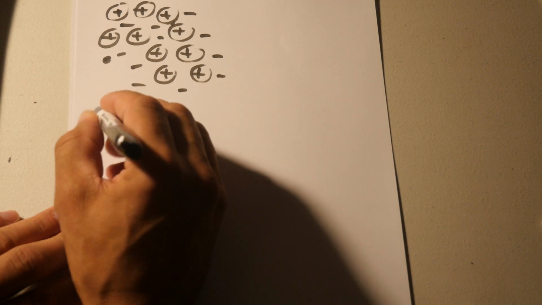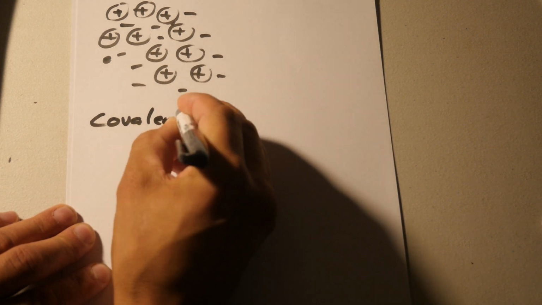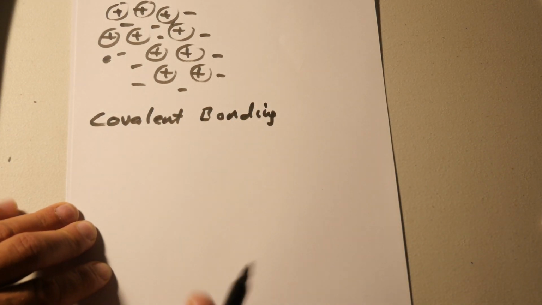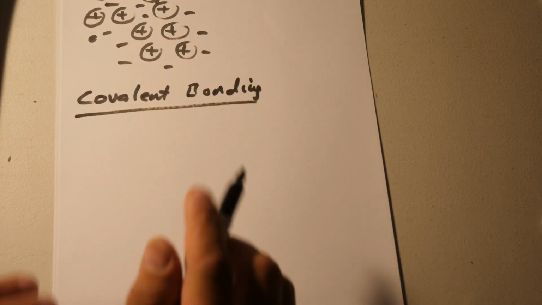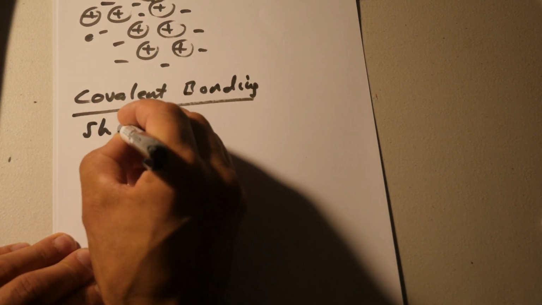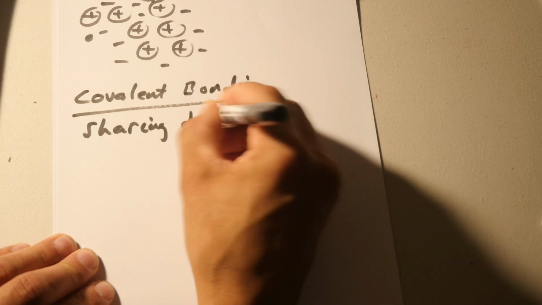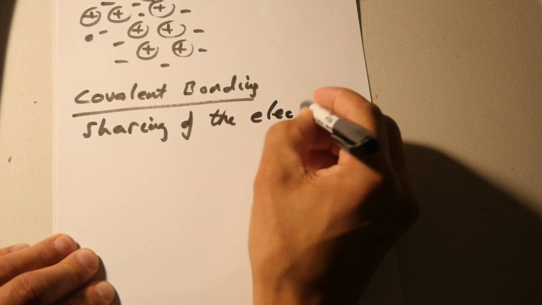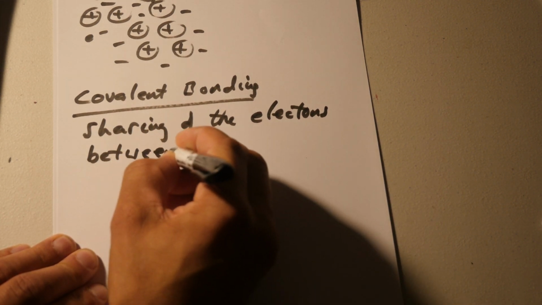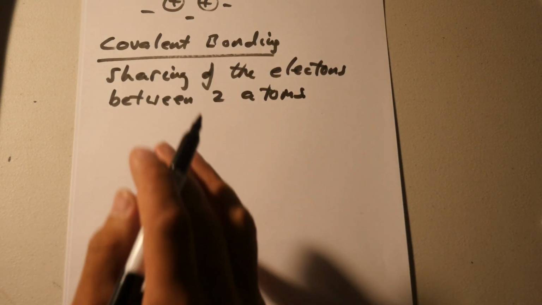In covalent bonding, okay, you have a sharing of the electrons between two atoms. The electrons are shared between two atoms. Okay, so